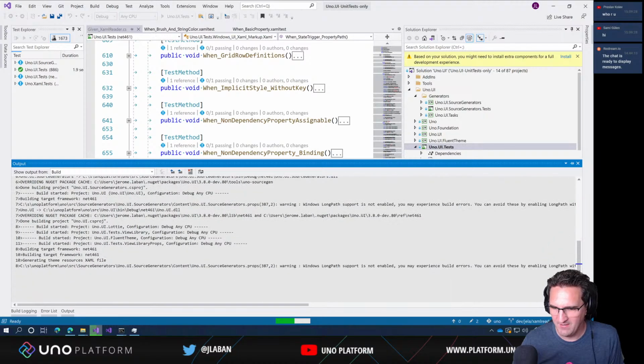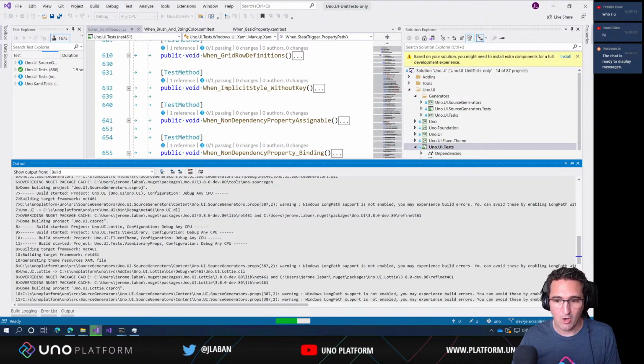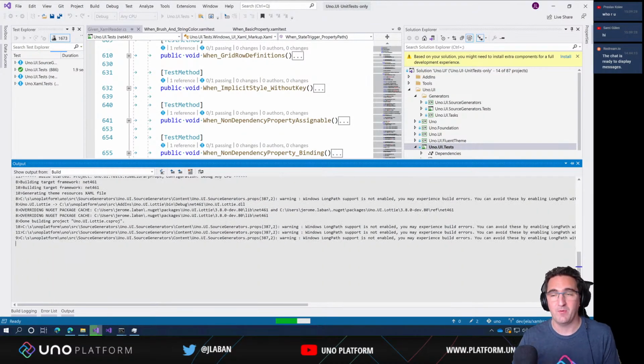Okay, still building. So that one's going to go away when moving to .NET 6, hopefully, because .NET 5 and 6 have long path support enabled by default, something that is not enabled by default when using the .NET